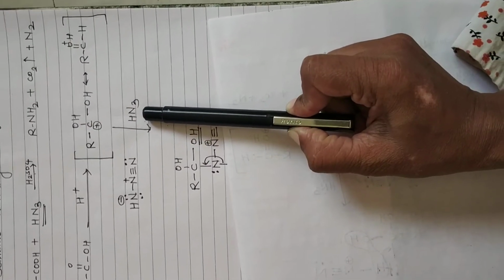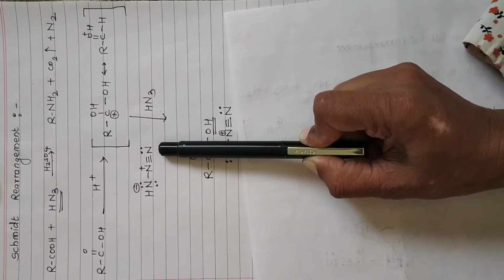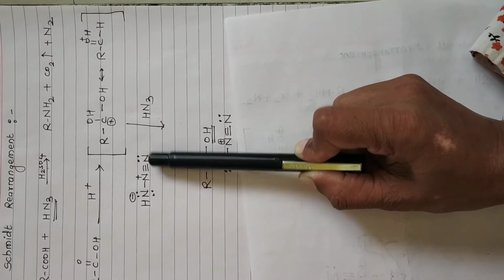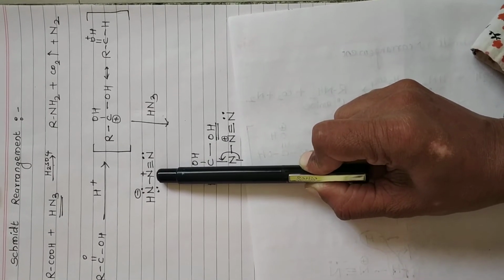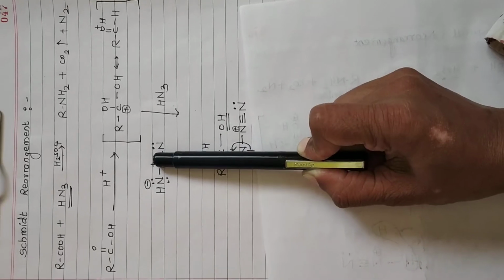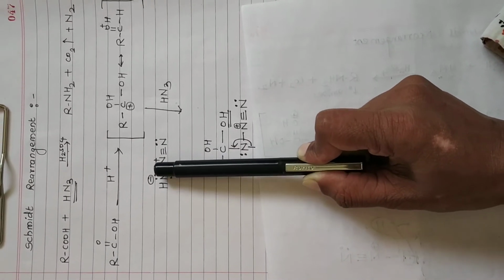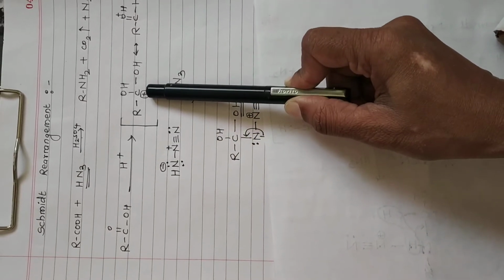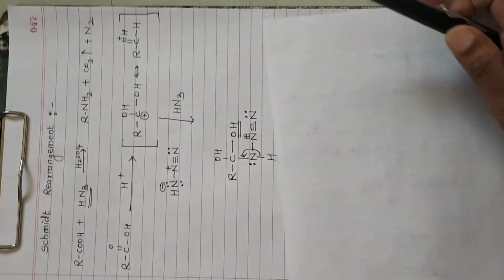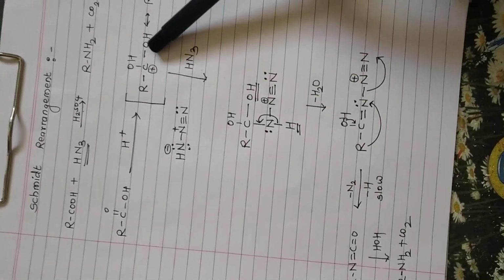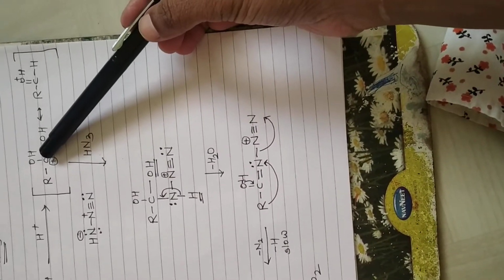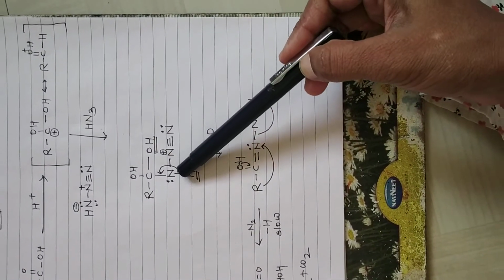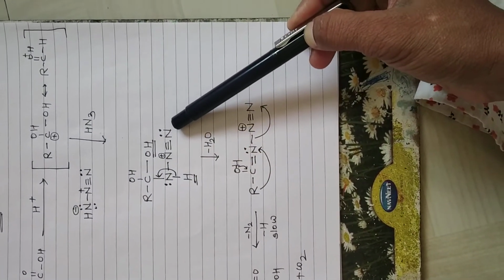This hydrazoic acid can be written in this way. Here you can see this nitrogen atom is satisfied with 3 valency and a lone pair of electrons. On this nitrogen atom the valency has been exceeded, so we have written a positive charge. And this nitrogen atom has 2 lone pairs of electrons, so I have written a negative charge. Now this hydrazoic acid will attack on this carbon atom, which is already deficient. When it attacks this carbon atom, we can write it like this, the same way I have written NH single bond and triple bond N.